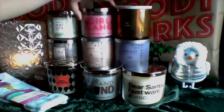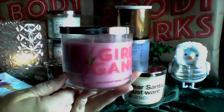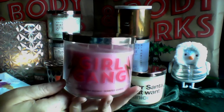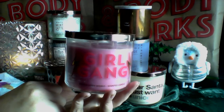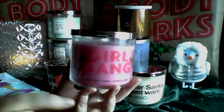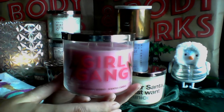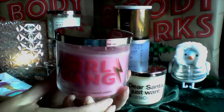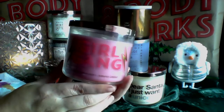Then I got Girl Gang, because literally that's all anyone's been talking about since I got into Bath and Body Works candles. It's pink bubblegum. It was a failed test scent. I don't believe in the term failed, because I don't think they just wanted to give certain areas. It just doesn't make sense how something like this could not pass tests. There's too many ones that everyone was looking forward to that don't pass tests, so I just don't believe that personally. Anywho,